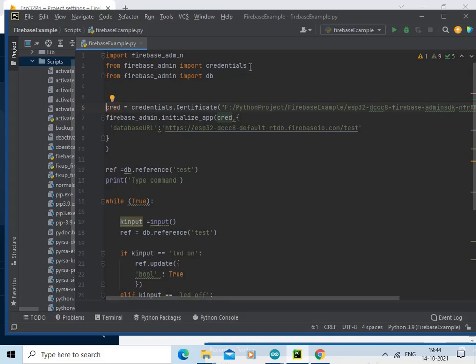We are going to import the credentials from the firebase_admin package, then the DB as well. So here the credential certificate is obtained, and here the initialization of app is done where the database URL is specified.